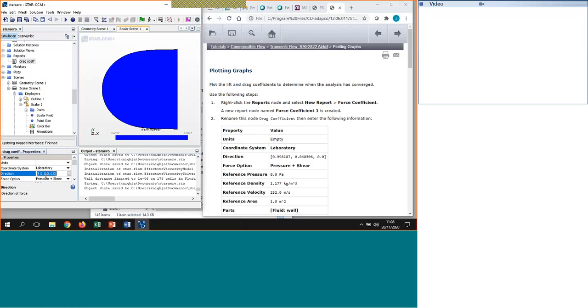The direction, it's a bit of a pain, we've got to change that according to the coordinate system. So we'll type in 0.0, 0.99. I'm just going to be a bit lazy, 0.998, that's close enough. And then for the other component, 0.0403, that'll do. And then the force option, pressure and shear, reference pressure, you've got to go down a bit,